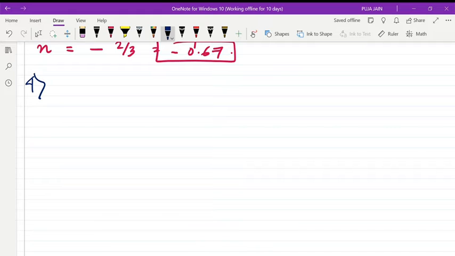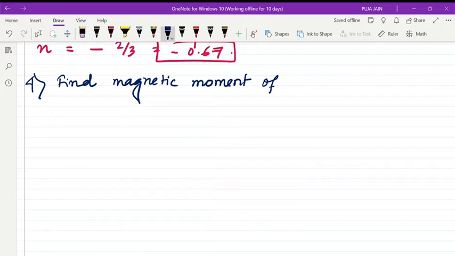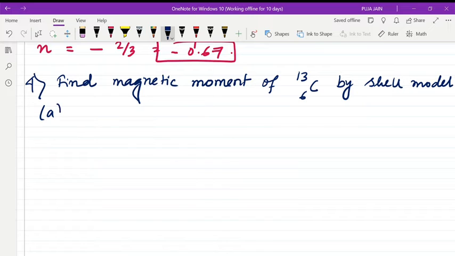Find the magnetic moment of carbon-13 (Z = 6) by the shell model. So here there are some formulas which you need to remember. Options are A: 0.63 μN, that is nuclear magneton, B: −0.63 μN,